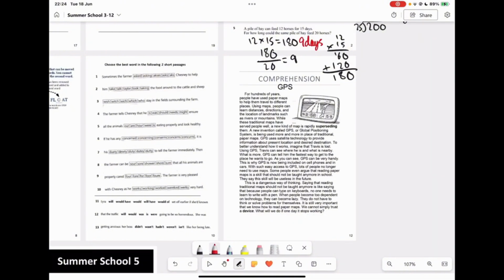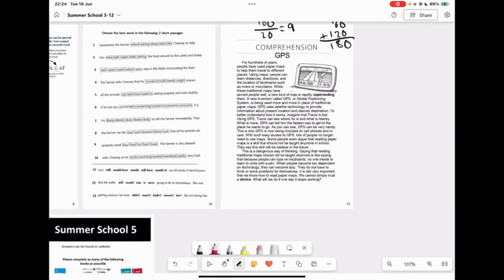Okay, so comprehension, GPS. So let's read the extract. For hundreds of years, people have used paper maps to help them travel to different places. Using maps, people can learn distances, directions, and the location of landmarks such as rivers or mountains. While these traditional maps have served people well, a new kind of map is rapidly superseding them. A new invention called GPS, or Global Positioning System, is being used more and more in place of traditional paper